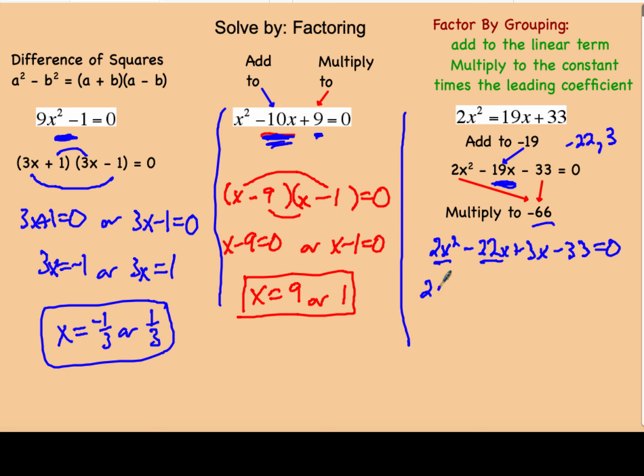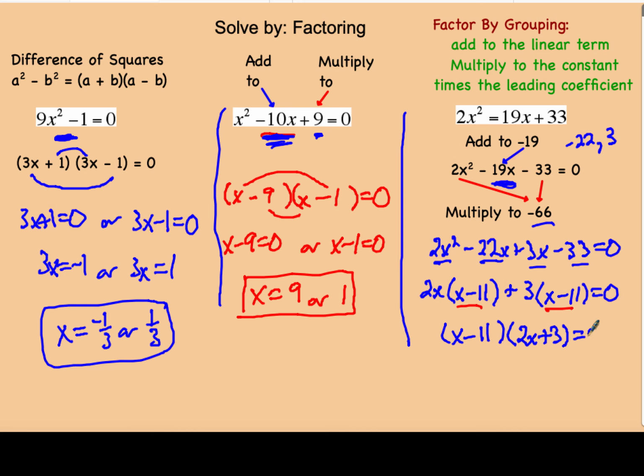So 2 and x both go into both of those, leaving me with an x minus 11, and whatever goes into the next two terms. So again, looks like there's a 3 in both terms. So x minus 11 again. And if there's an x minus 11 in both the first and second half of my problem here, then one of my factors is x minus 11. The other is 2x plus 3